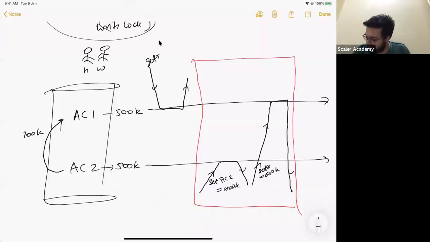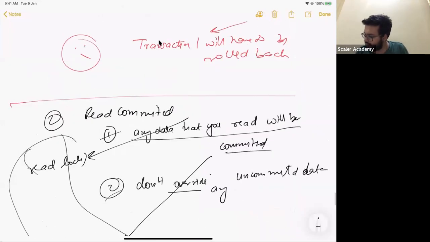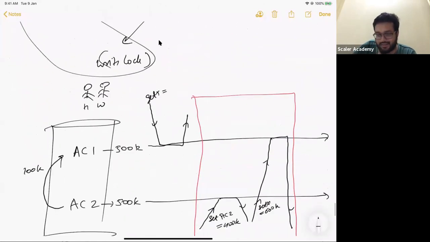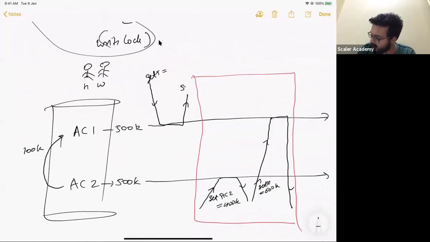Get X. So let's say get X from this account will tell him how much money. Folks, how much money will he see here? 500,000, right? Because it will only allow you to read committed data. Does that make sense? The last committed data till this point in time was 500,000. So he will get back 500,000. Now let's say the husband's luck is not good and something bad happened at the bank's end and this transaction got delayed. Somehow the second part of the transaction happened after this time.